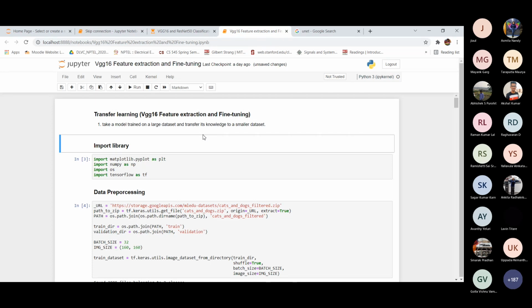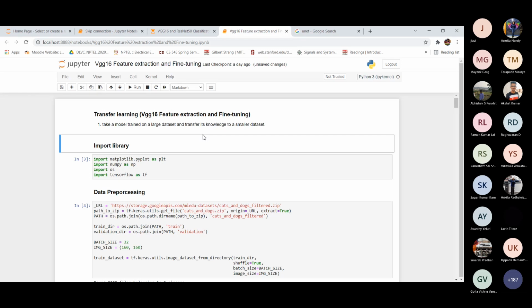In this problem, we are going to classify cats and dogs using transfer learning from a pre-trained network. First we will work with the pre-trained network. A pre-trained model is a saved network that was previously trained on a large dataset like ImageNet, typically for large-scale image classification tasks.